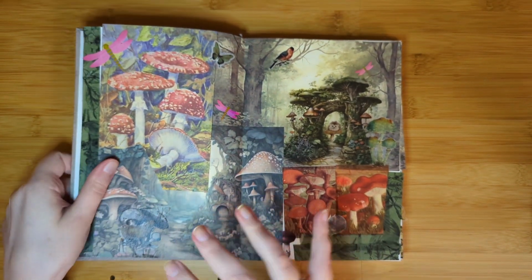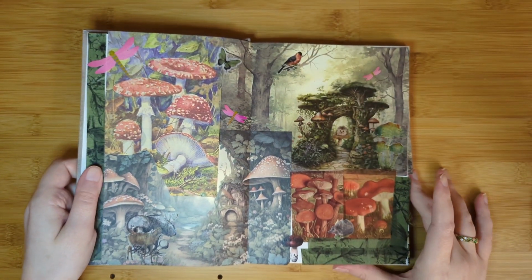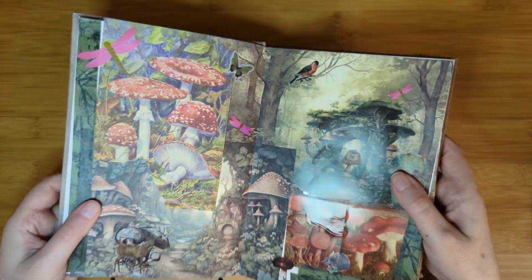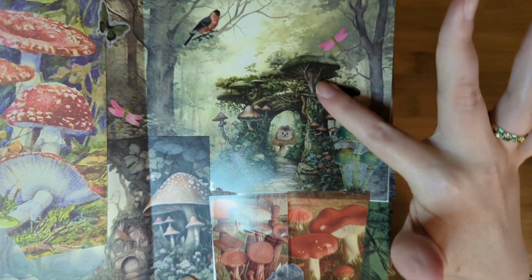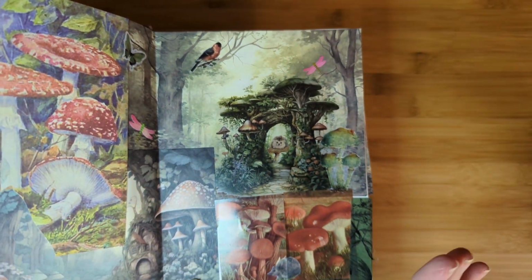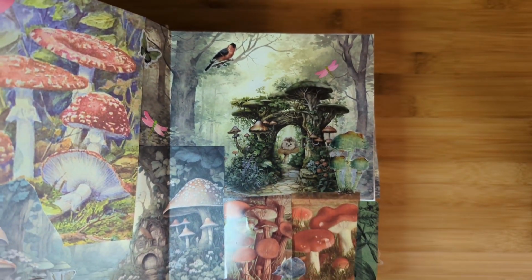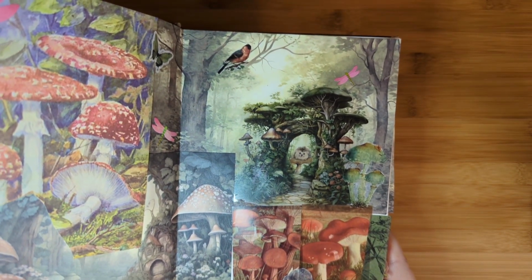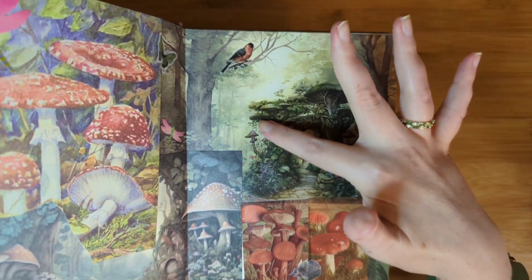I don't normally name my collages, but if I did, I would probably call this one Mushroom Overgrowth or Hedgehog House, because of these amazing stickers. You will recognize these from my wonderful friend Tracy Bell. I'll link her below if you don't know her. She's a great Instagrammer that does tons of beautiful journal collages, and I know she's been watching the Enchanted Fairy Collab on YouTube, so I thank Tracy for watching, and she sent me some amazing friend mail that had these